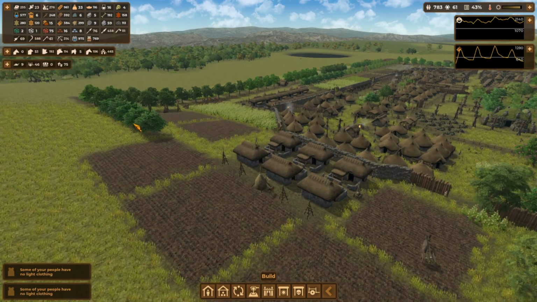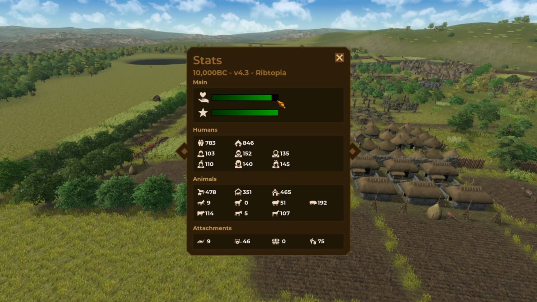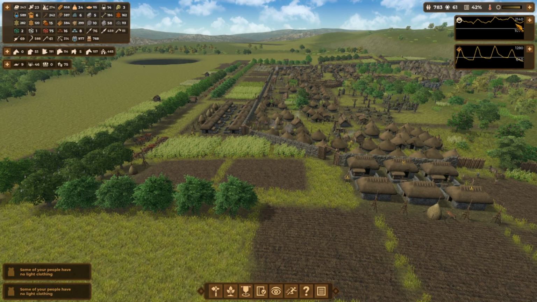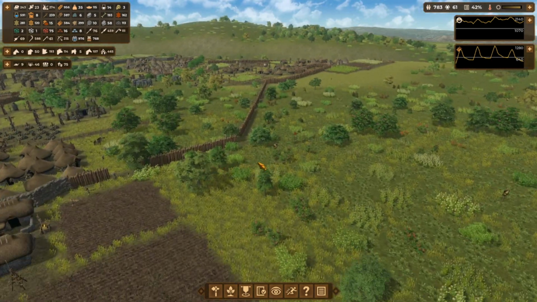We've got some more fields, so hopefully we should see that grow. I want to end the episode on 800 at least, and we've got 200 more to go. Food is taking a dip, but that was because we haven't got as much meat as we used to. We've got loads of all the other stuff, so I'm not too concerned about this yet. If we can get a good harvest in, then what I will do is...